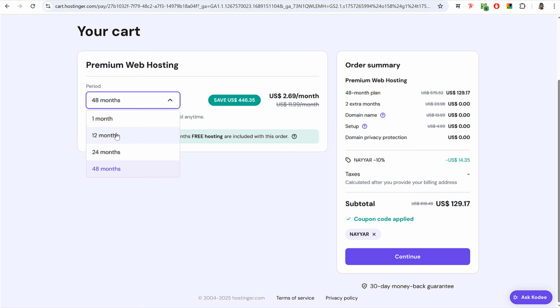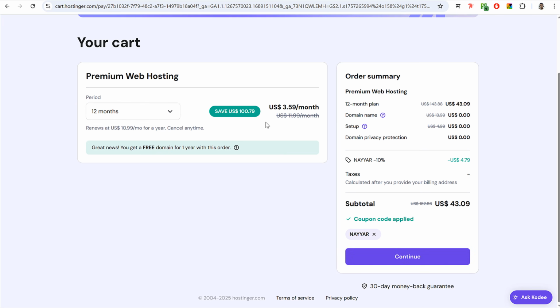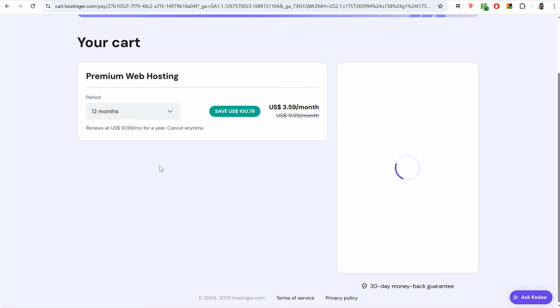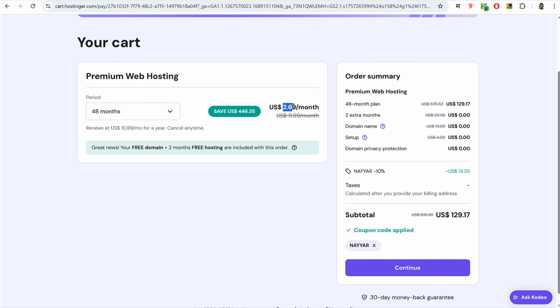If you go with, for example, 1 year, then it will be much more expensive for you. It will cost you $3.60 per month, and after that, after 1 year, it will cost you $11 per month. But if you go with 4 years, 48 months, it will just cost you $2.70 a month, and after that, after 4 years, it will be $11 per month. So I highly recommend to go with 4 years or at least 2 years. But my recommendation would be to go with 4 years and click on continue so that you get the best